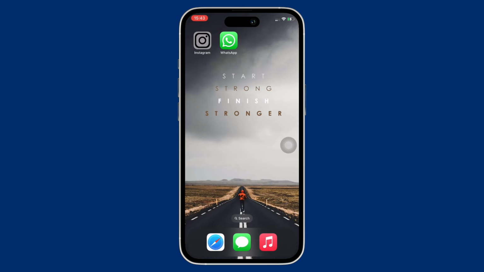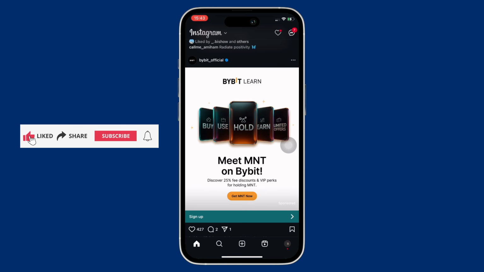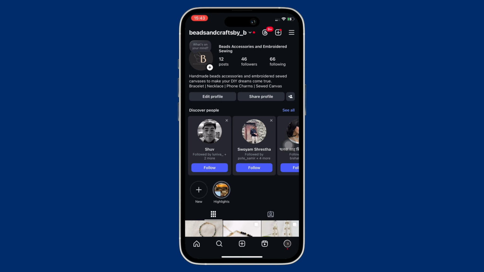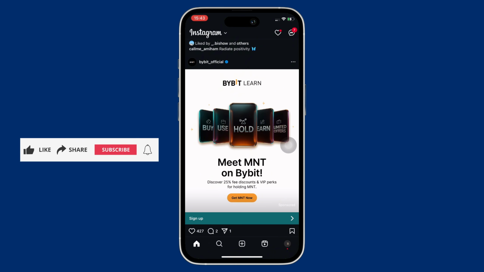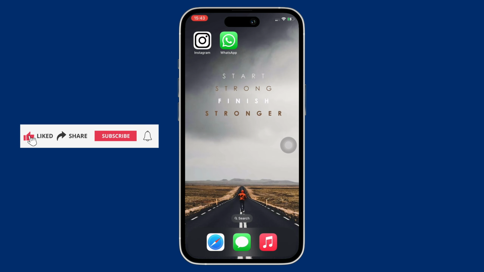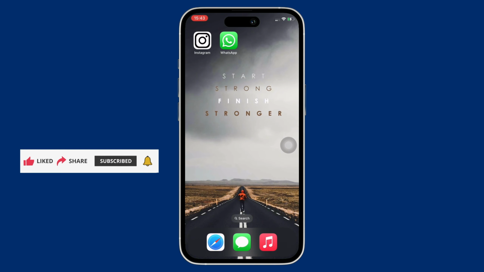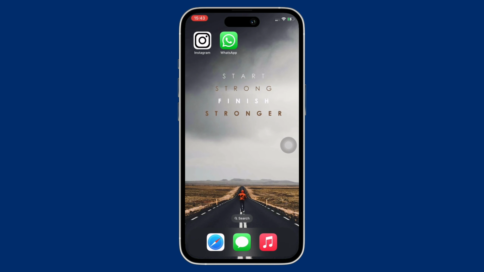Now let's get right into the tutorial. If you want to turn off dark mode on Instagram, then make sure that Instagram uses your device's default mode settings in order to make it dark mode or light mode. Meaning, if your device is set to dark mode, then Instagram will automatically be in dark mode. And if your device's settings is set to light mode, then Instagram's user interface will be in light mode. So if your Instagram is in dark mode, then it basically is because your device's settings is set to dark